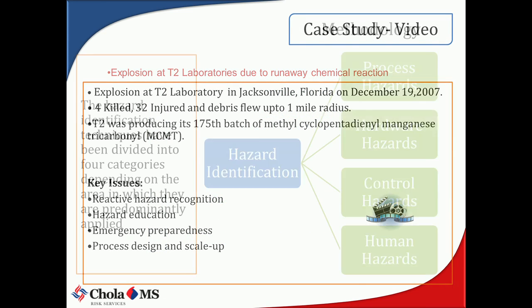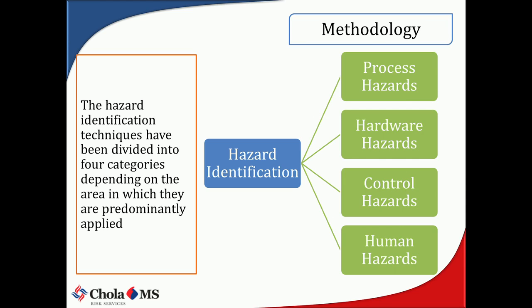Okay. Now, for the time being I will park this case study. Now, this is broadly in terms of hazard identification, process hazards, hardware hazards, control hazards and human hazards. Okay. There is an Indian standard on hazard identification, it is called 15656. In case you have an opportunity to access it in your library, have a look at it. It broadly gives you an understanding of how the hazard identification process is done.